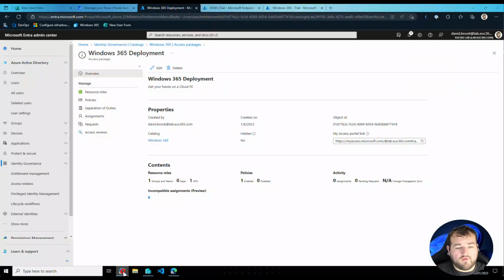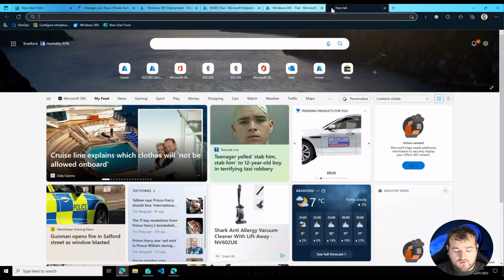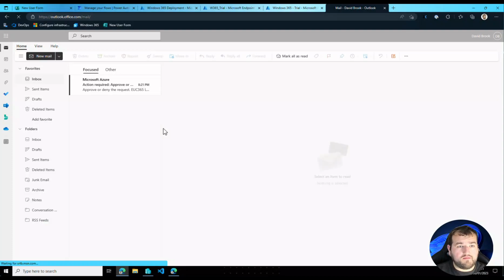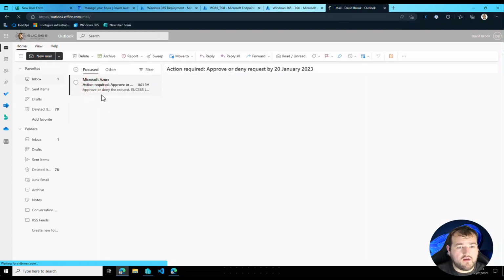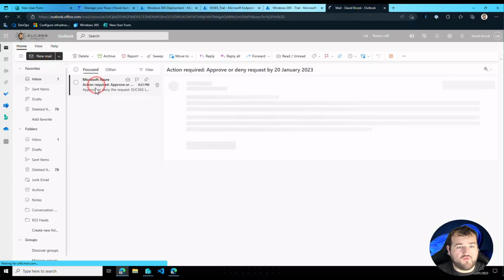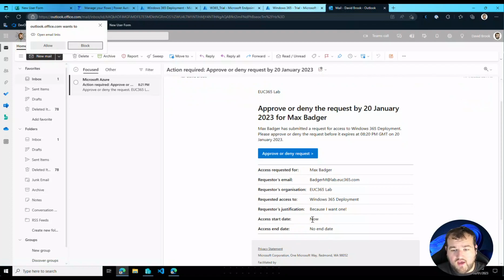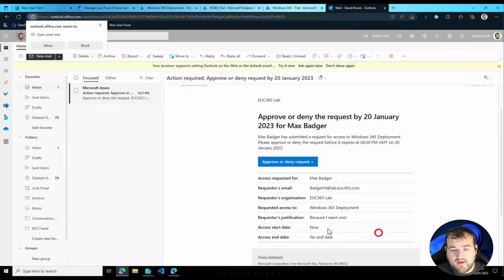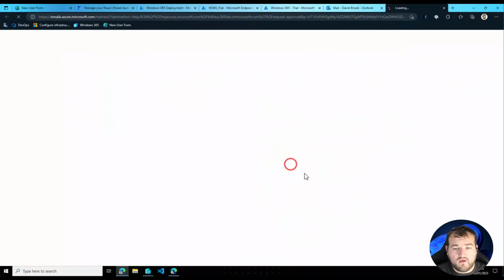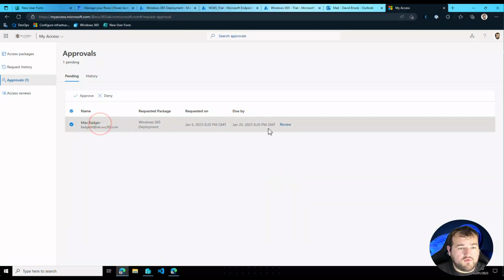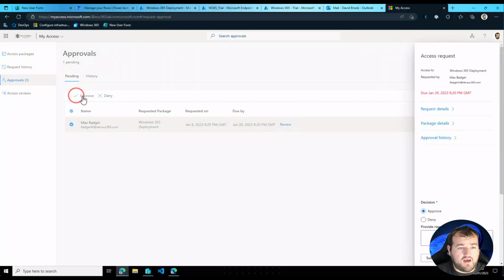if we head over to our other browser and go to Outlook, this may take a couple of minutes to arrive, but you can see here Microsoft Azure, there's action required to approve or deny the request. So you get to see the justification, the access date, and then there's no end date. If there was any set end dates, it would be displayed in here. So if I click approve request, again, it will take me to myaccess.microsoft.com. You will see the pending approvals. And if you select it and click approve,